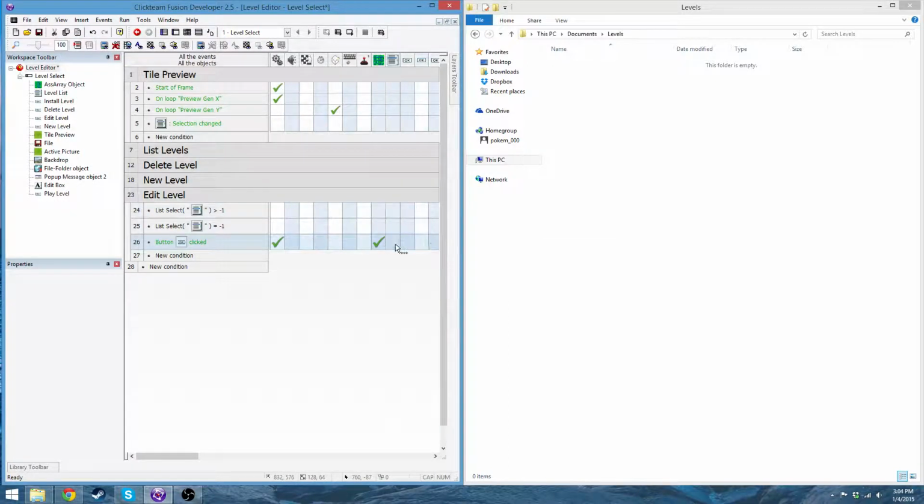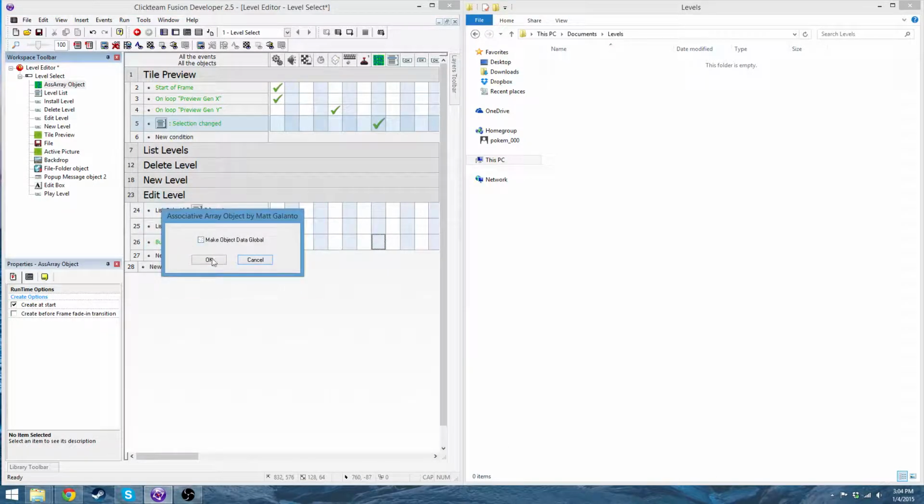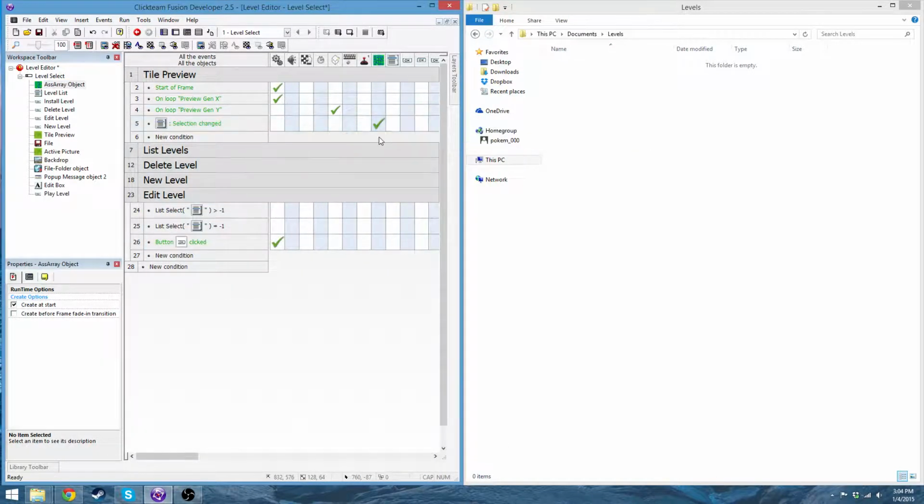Selection changed, we're going to load the file and get rid of this. If the selection is changed, and I'm also going to make this not global. Selection is changed, load the array, and then